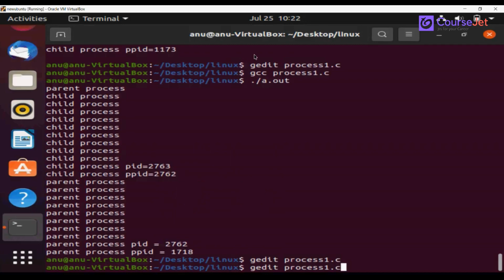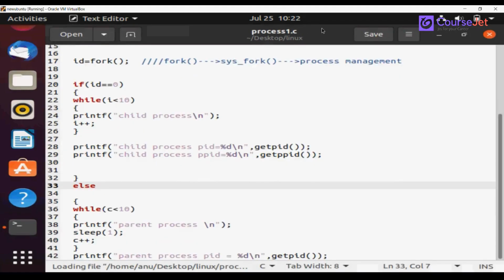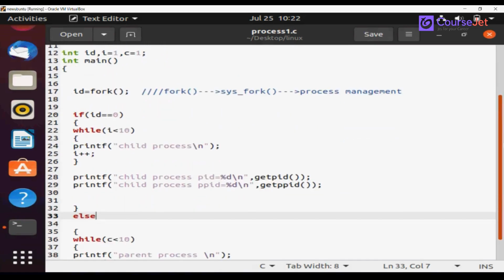So any program in execution is your process, right? Yesterday we discussed this. Before doing this, one more program I'll show you so that it's easy for you to understand. Let it be this one. Here we are creating one fork function. So whenever you create a fork function,